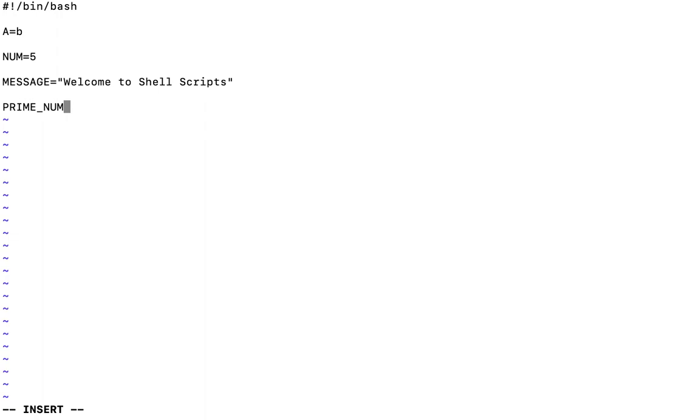In a shell script, we can declare a variable with any characters or any string or any word, but declaring a variable with an appropriate name will help us to access that variable later in the shell script. So PRIME_NUMBER equals 3. Okay, just now we learned about declaring a variable.